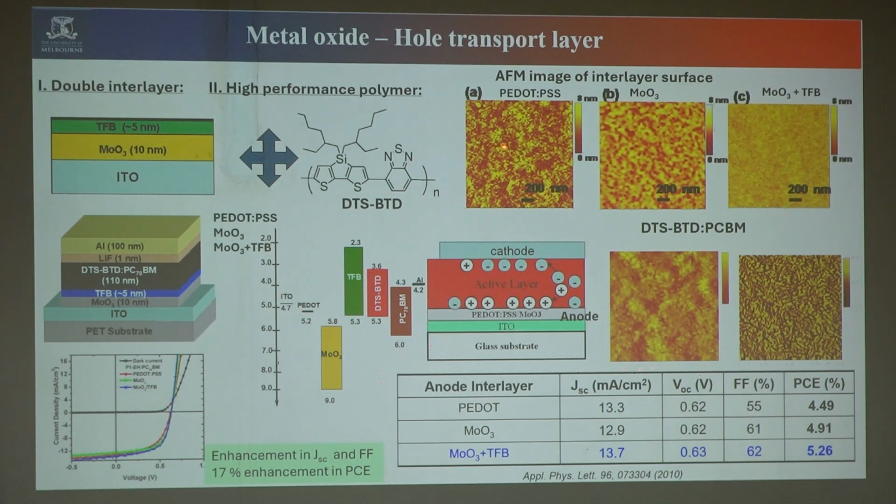And when you have this multiple layer, one more thing: the electrode will become more planarized when you have the coating of the double layer. So that will make a very smooth layer and a very good active layer film as well. There are multiple effects with the double layer, because this moly oxide is a more crystalline, inorganic material which has induced roughness. This roughness, the holes and all, are filled up when you coat another TFB layer and it becomes more planarized. So there are two ways: one is making the surface smooth, another one is making